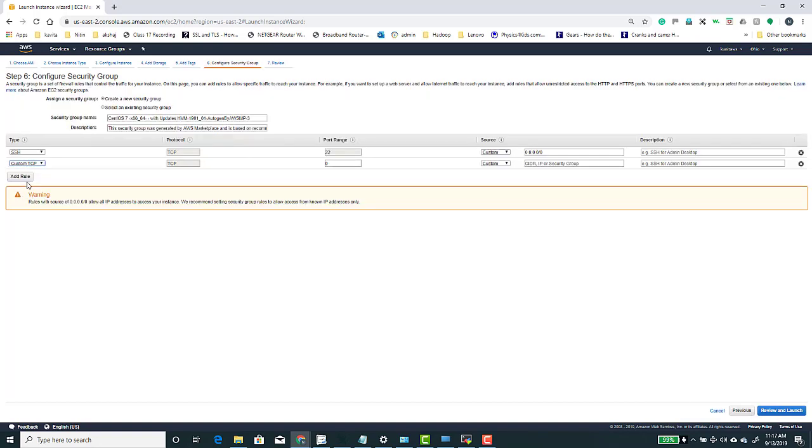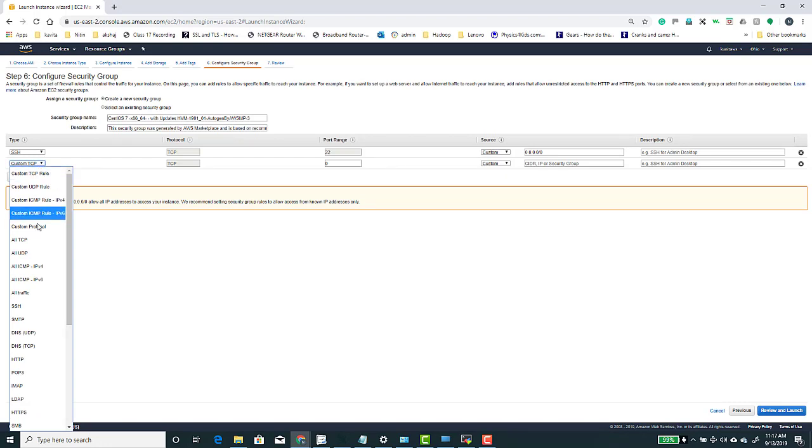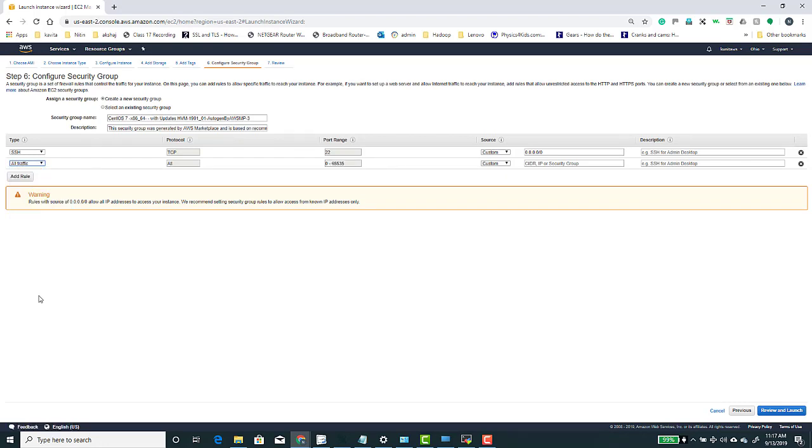Here, what I want to do is I want to add a rule saying that I want to allow all traffic to my instance from anywhere. Generally, this is not a recommended process. You want to control and make sure that you have full control on who is allowed to access your instance and from where. But in our case, this is a demo project. Therefore, we are going to let any traffic come from anywhere and connect to my instance. So review and launch,